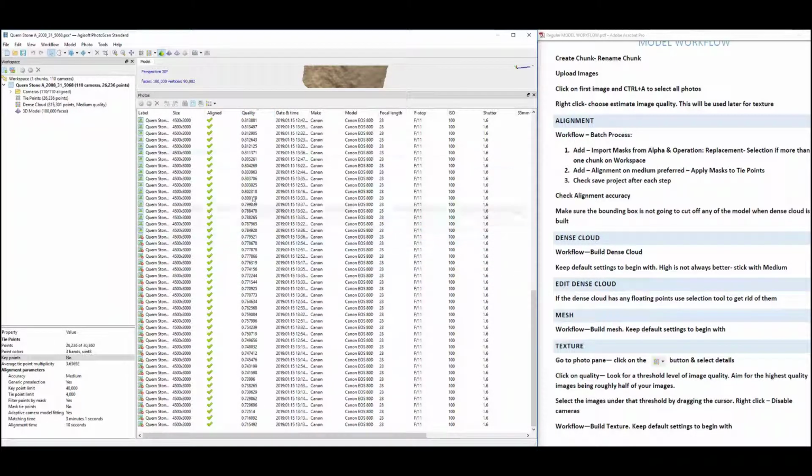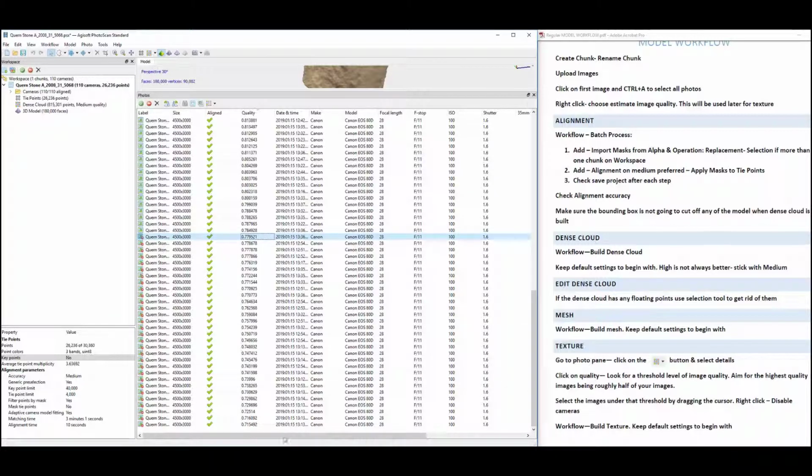Now, I've already gone through. You need the best images in order to get a good texture, because if you have a few that are not that good quality, it can make the image a little murky. So you really have to create a threshold. So look at your images and see what you have, the highest qualities you have, and then create a threshold where they start going down. So I put it at